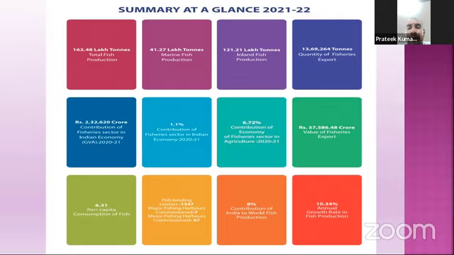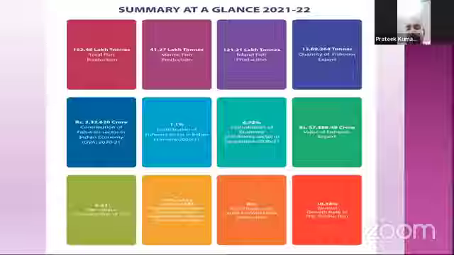Its contribution is 6.72%, and its value in crore is 57,